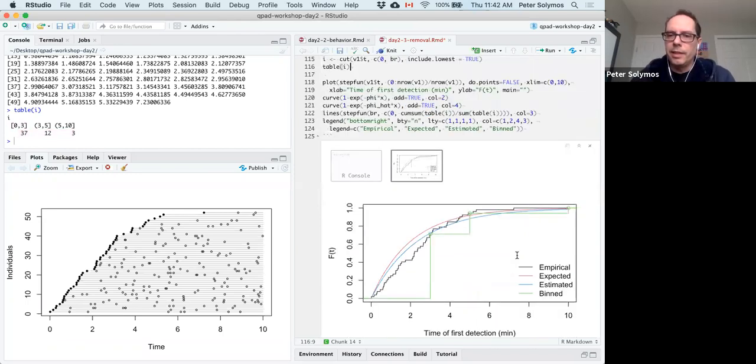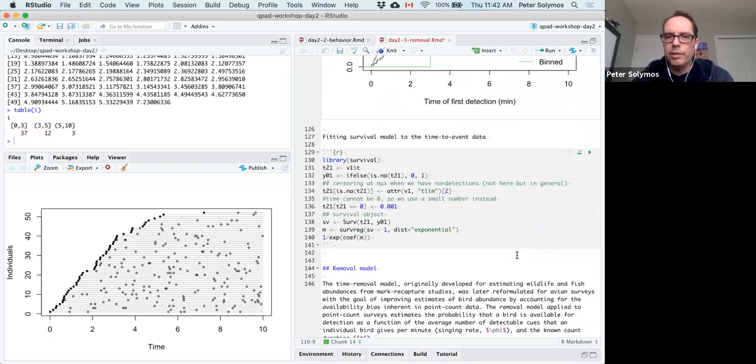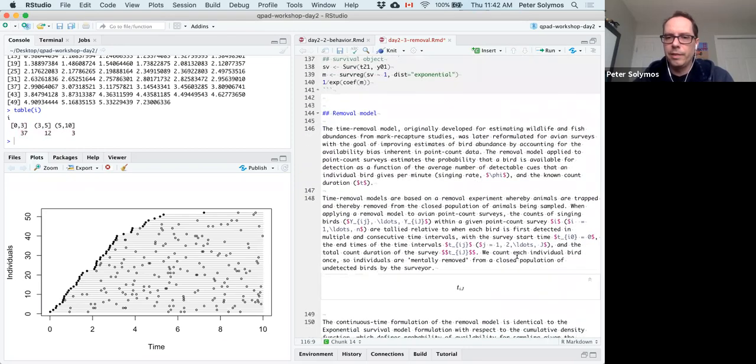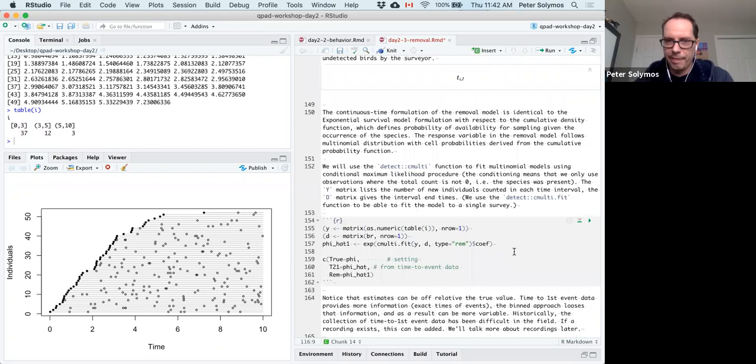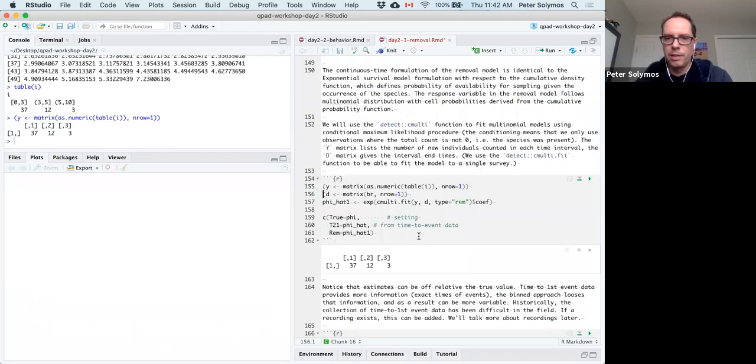So that's the data we are going to use here and the breakpoints to fit the removal model. So we create a matrix, which is just the same information as in this table, but we put it in a matrix. So this is one row in a matrix. And if we have the same protocol, and we might go to station number 2, station number 3, we would have those as extra rows in